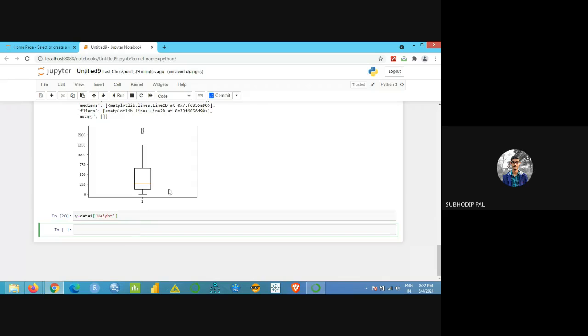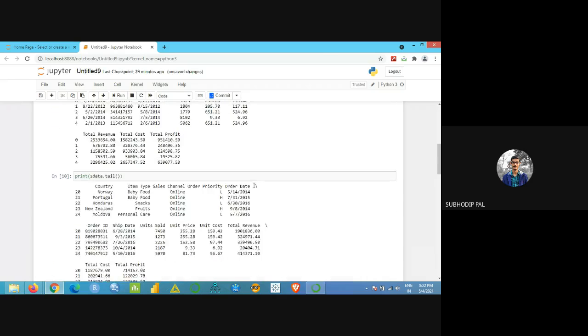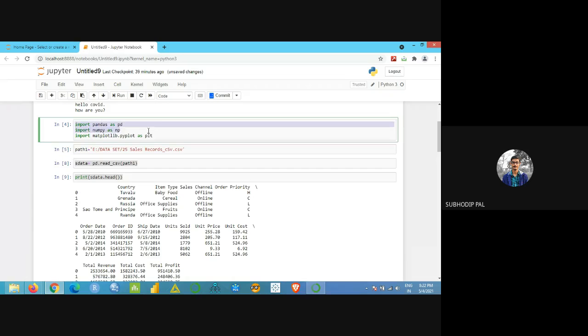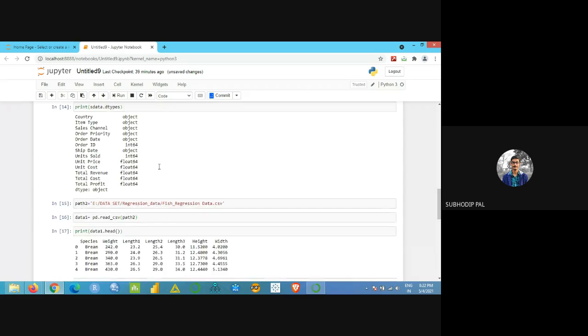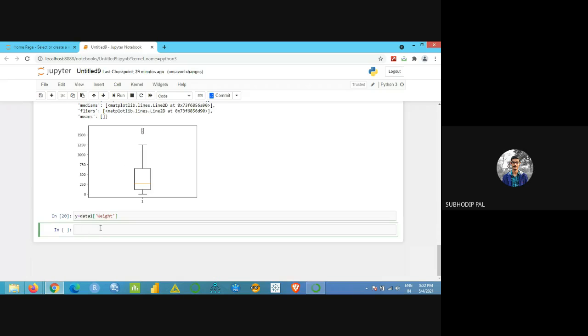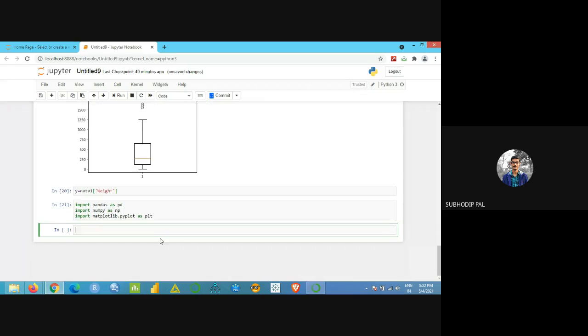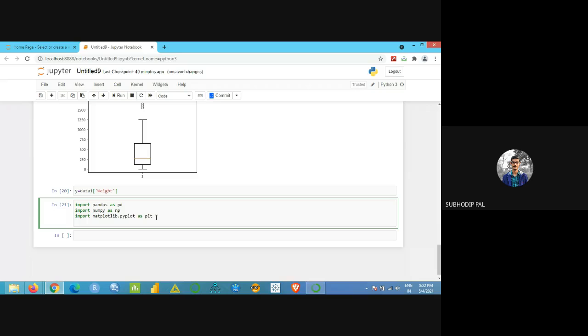So just let me copy paste the thing again, all in the same input box. This we have already imported. Next thing will be importing scipy.